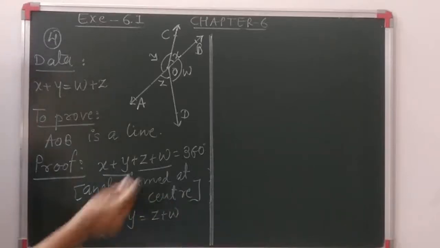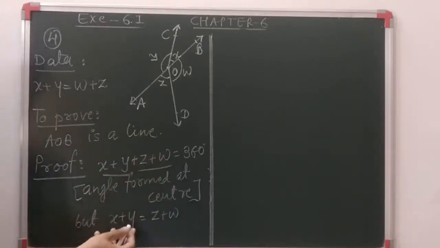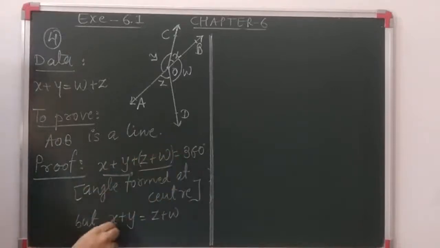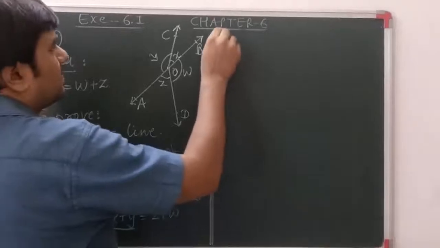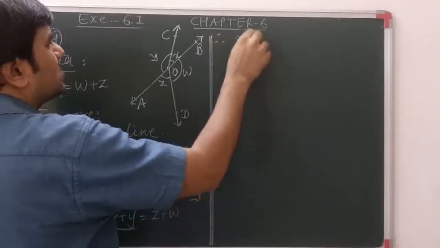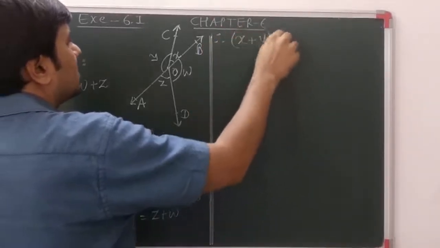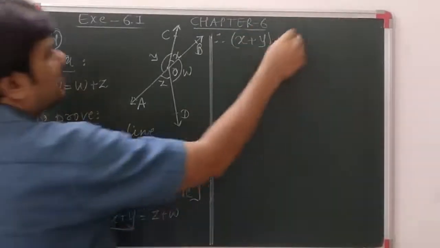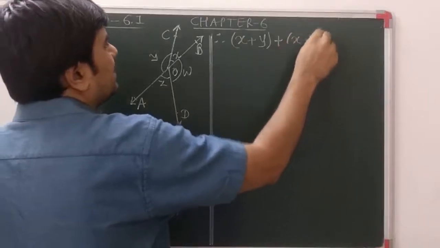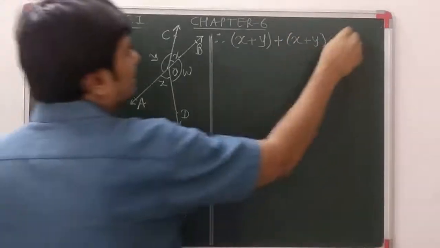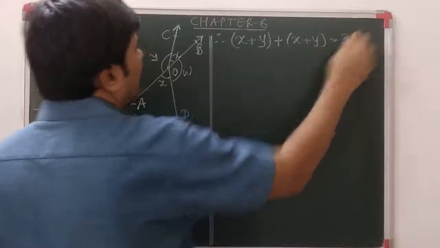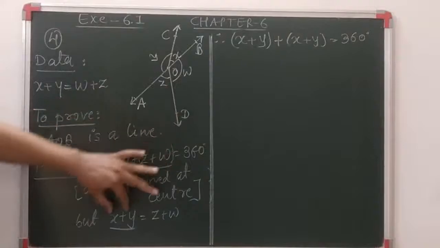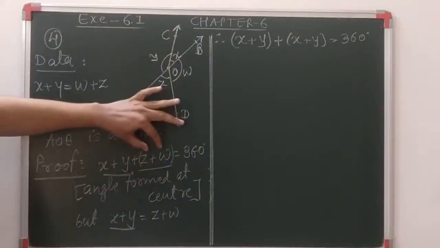So what we'll do here, हम z plus w की जगह x plus y रखेंगे ये इक्वेशन में. For this z plus w, we should substitute x plus y. Therefore, x plus y, which is already there, and for this z plus w, we will substitute x plus y. So x plus y plus x plus y is equal to 360. समझ लो ये क्या किया, कहां से ये x plus y आया. यहाँ पे z plus w की जगह मैंने x plus y लिखा, as it is given in the question.